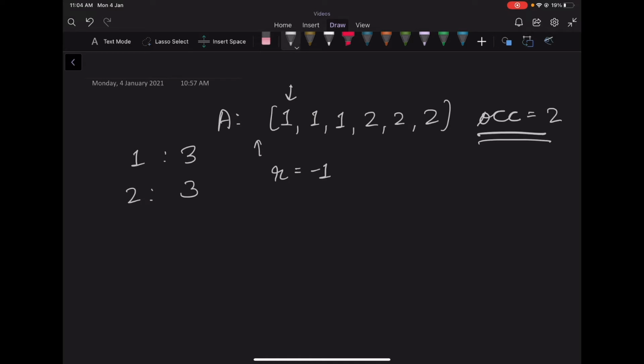That means we'll try to delete it until the occurrence becomes equal to 0. So if we delete this, R comes here and the frequency of 1 becomes 2. Since the frequency of 1 becomes 2 now, we will decrease the occurrences by 1 because there is only one element whose frequency is greater than 2. But still, we want this variable OCC to be 0, so we'll further increase our right